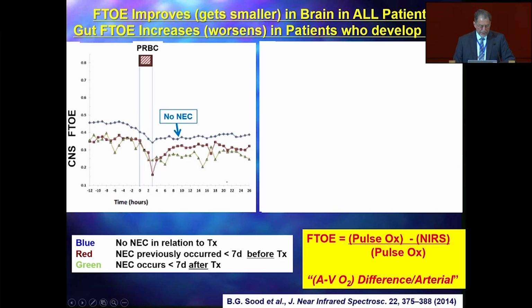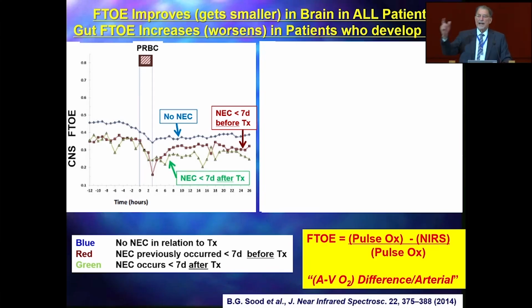So what you can see here is she looked at patients before transfusion, right, they were stable, NIRS, and she looked at several categories after transfusion. So after you transfused, fractional extraction goes down, so you improved oxygen delivery, so extraction got smaller, that's a healthy response. And what she showed in patients who did not have NEC, the CNS NIRS, fractional extraction,